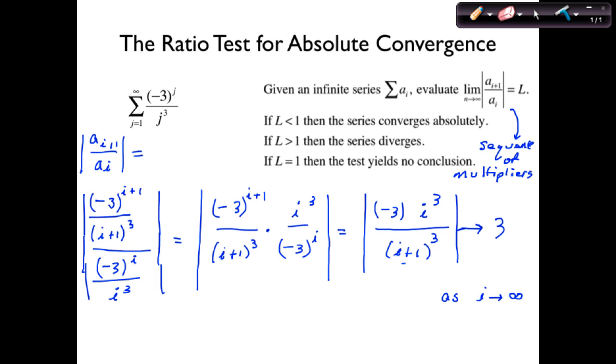So the multipliers are changing, but in the long run, they become 3. So to get the next term, in the long run, we always multiply by 3 to get the next term. That's what that means. The sequence is going to 3. Therefore,